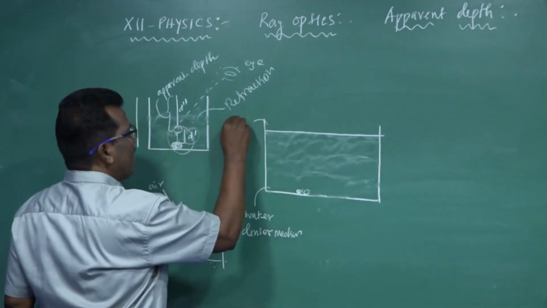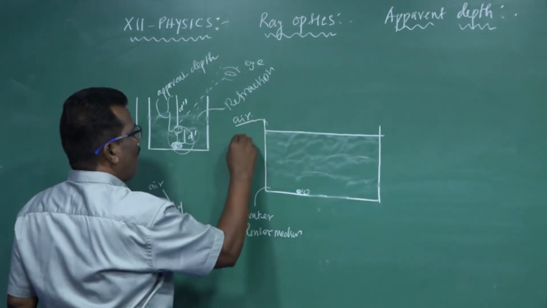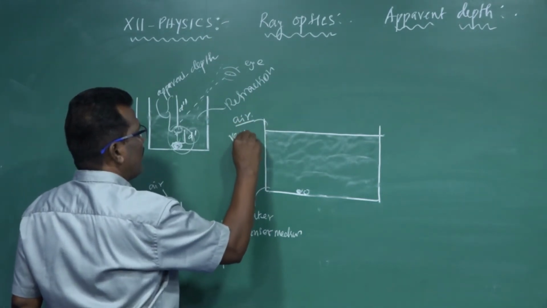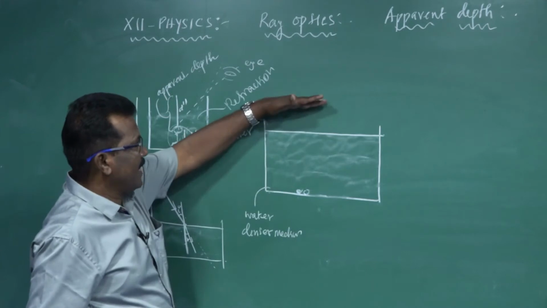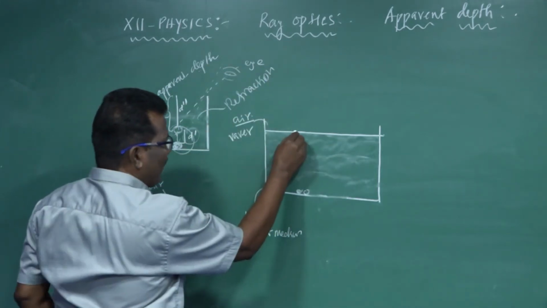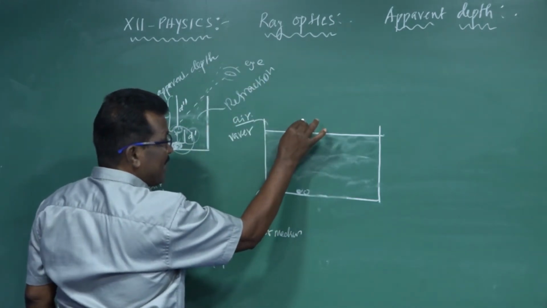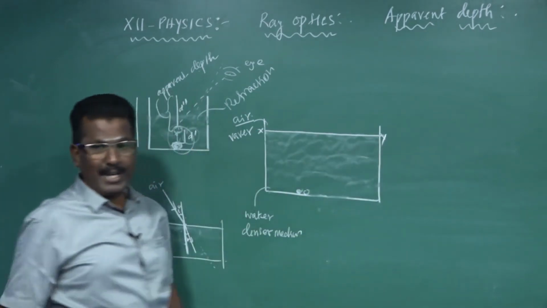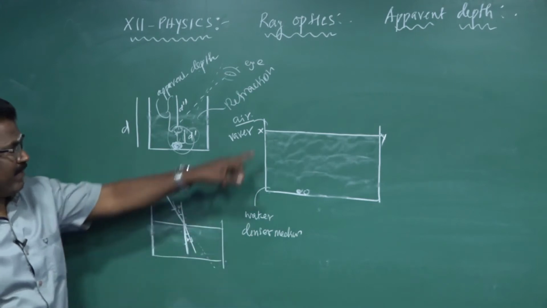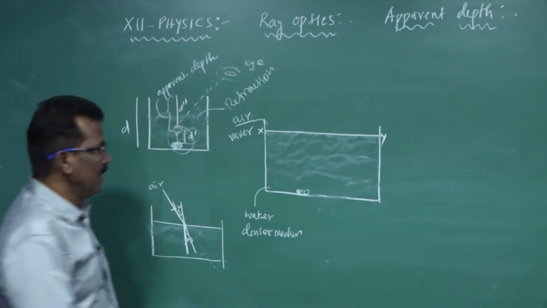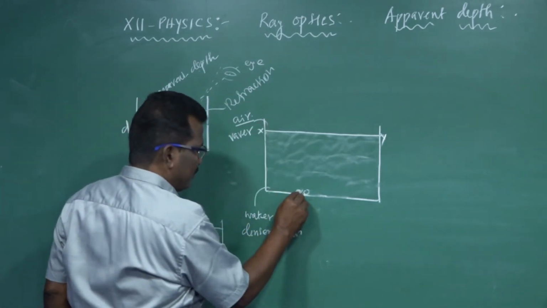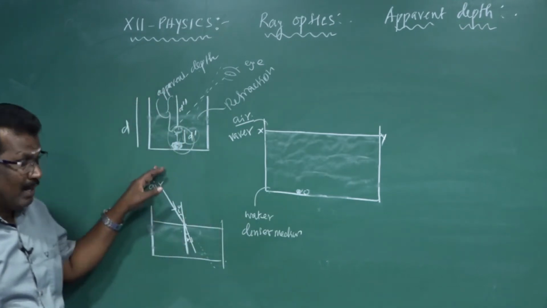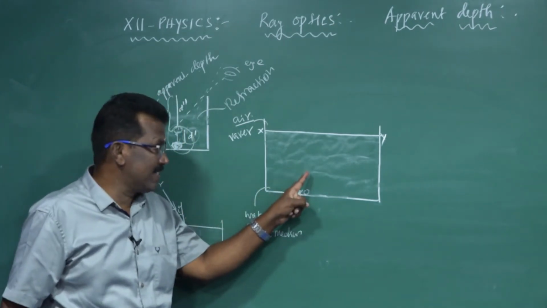This is the air medium, or rarer. This is the air, this is the denser. So the surface that separates the air medium and the denser medium is XY. XY is the surface which separates between air and denser. Okay. Light is coming from the source, not from the rarer medium, but passing from the denser medium to the rarer